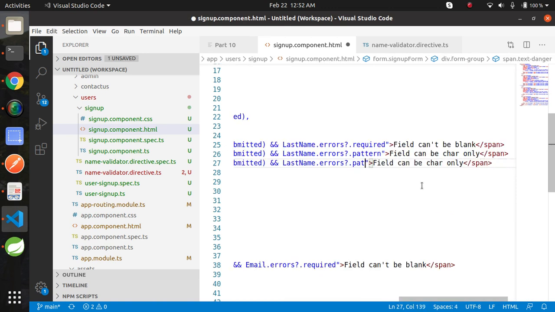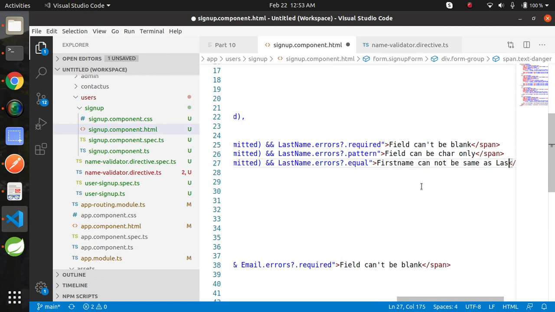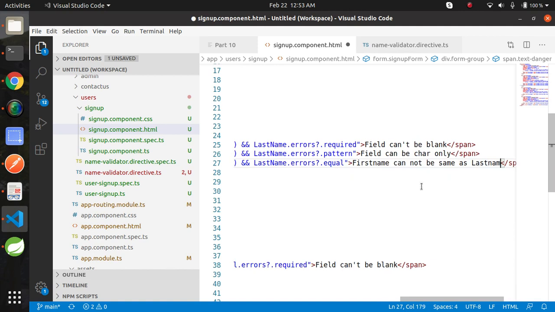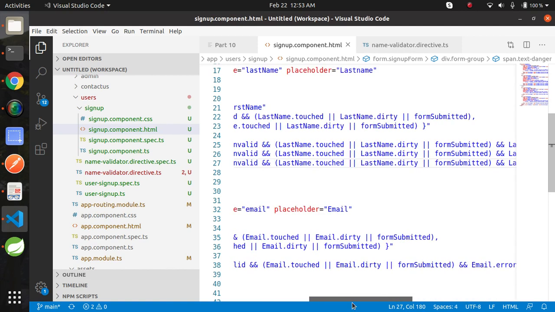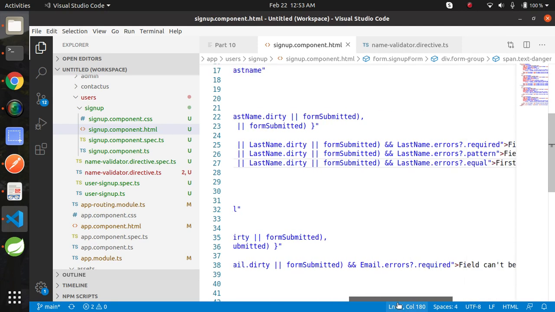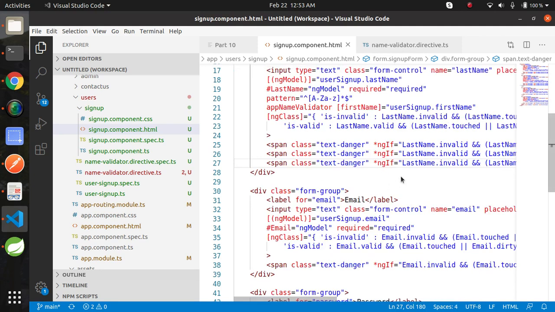Here provide the key name whatever you have given in the directive, equal, and change the text: first name cannot be same as last name.